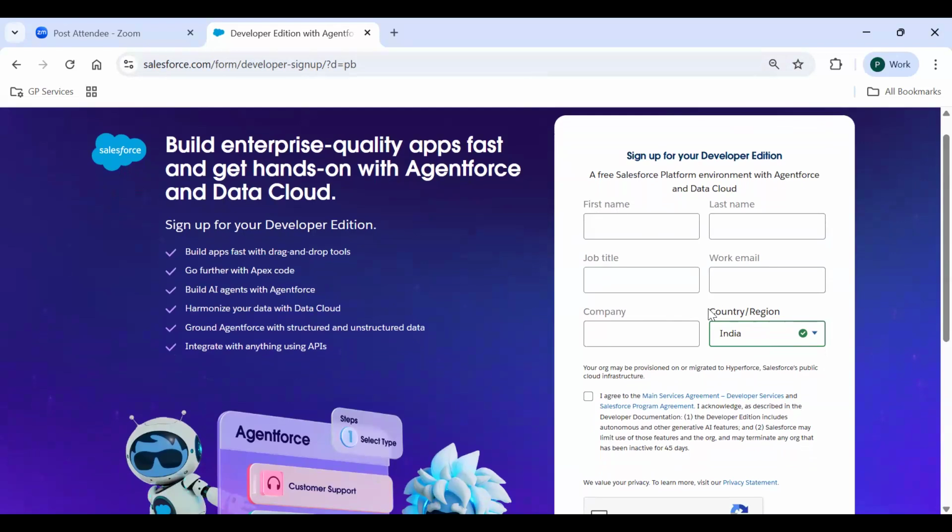Based on this country and region, as we have discussed, Salesforce is using the cloud platform. Cloud platform means there is no software or server installed on your machine. The server and the software are sitting somewhere in the data centers. Based on this region, they are going to allocate a certain space for your developer environment.